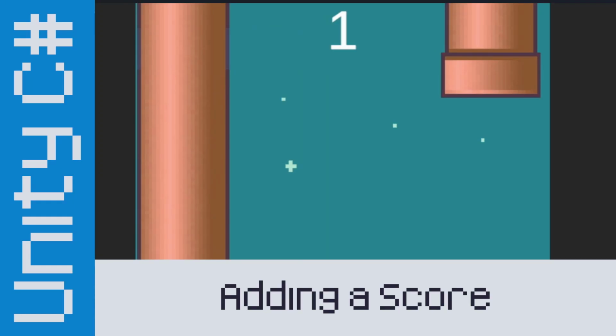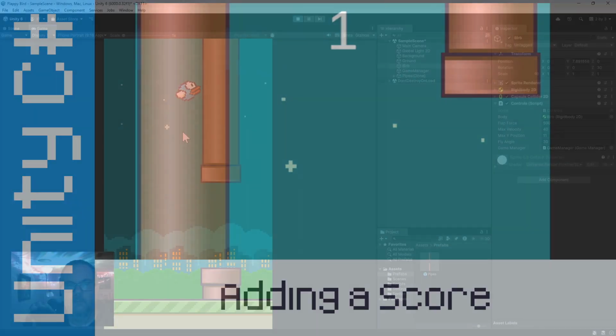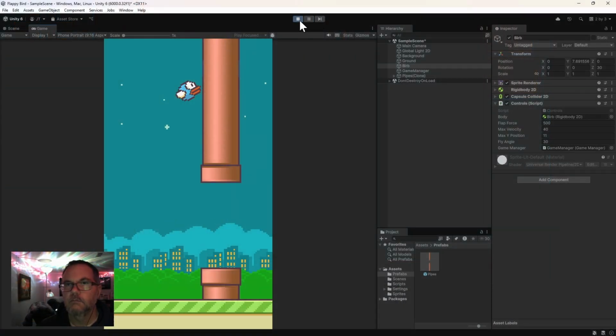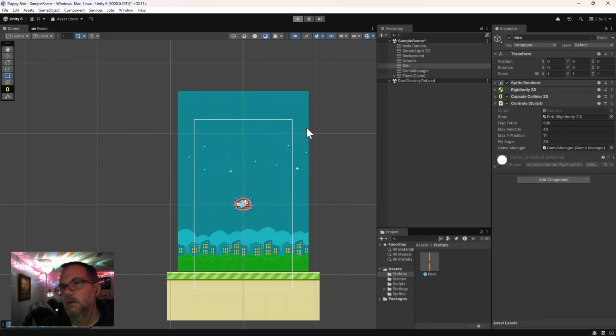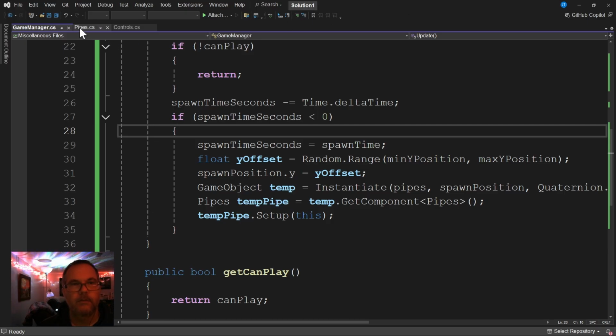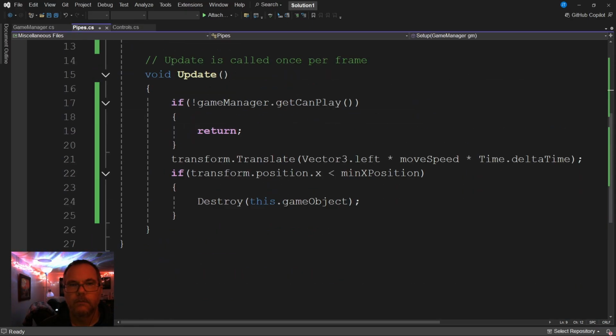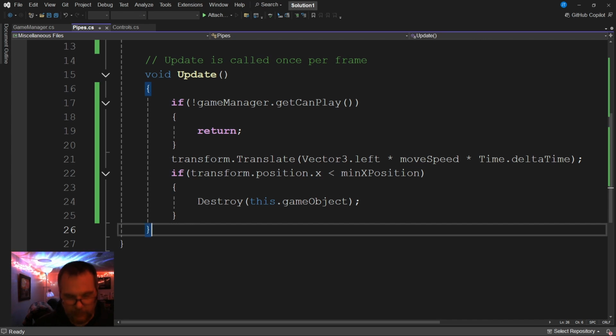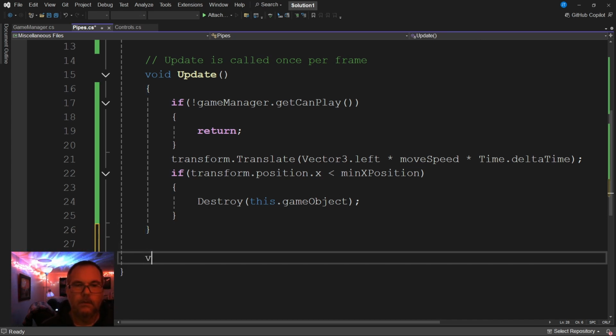All right, so where we left off, we have our bird intersecting with our pipes. So let's start getting a score. We already have basically what we need for the score. We have our pipes, and then we have our trigger collider in there. So if we go into our pipe script here, we want to detect if something is exiting the trigger. So void OnTriggerExit2D